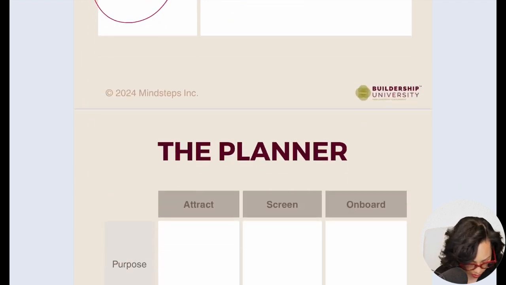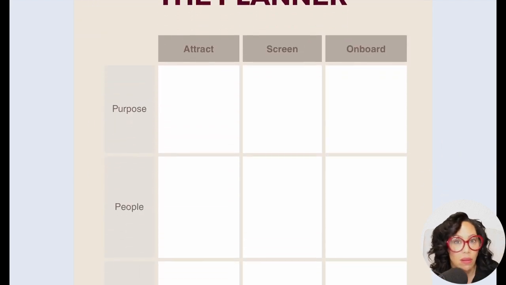Okay. So here's a big thing that I want you to do now. Before you hire your next AP or anybody in a leadership position, you need to have plans for the 3 phases of the process. Think through carefully, how are you going to attract people? Think through, how are you going to screen and interview people to figure out the right people for the job? And then how are you going to onboard people? And I'm telling you, if you do this and you have this process planned out ahead of time, it helps you